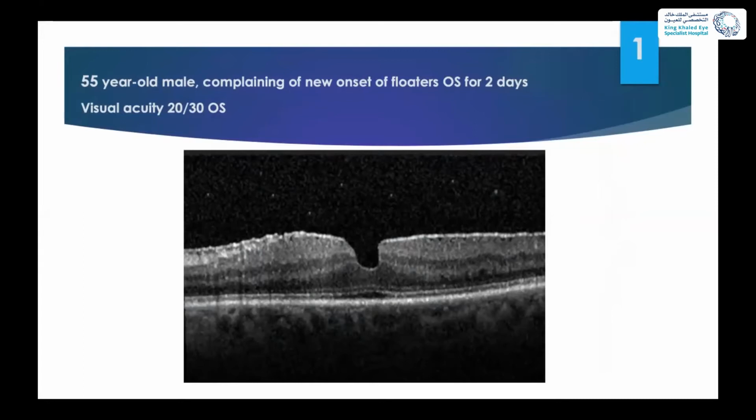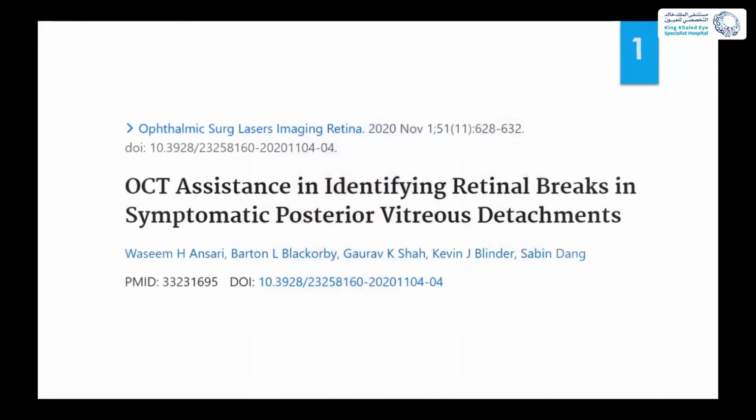As you can see in this OCT, there is an epiretinal membrane and there is a pseudohole. But are there any more signs in this OCT? Yes. As you can notice, there are white deposits in the vitreous cavity. This is what we call posterior vitreous opacity. Can this deposit help us in managing our patient? Yes. This is one study published in 2020 titled OCT Assistance in Identifying Retinal Break in Symptomatic